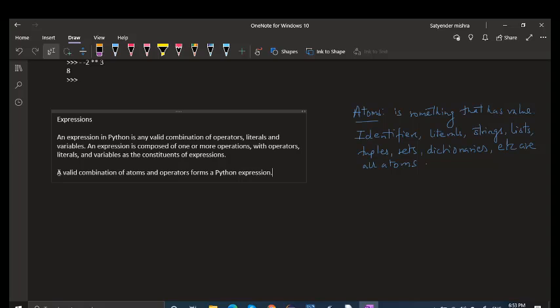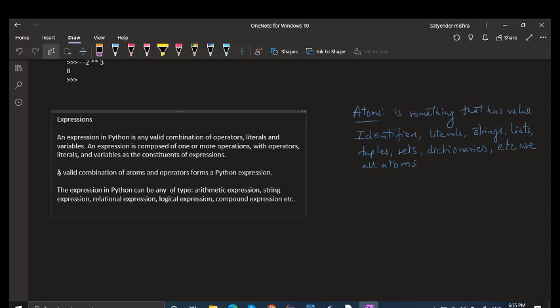So an expression in Python can be of any type: arithmetic expression, string expression, relational expression, logical expression, or compound expression.